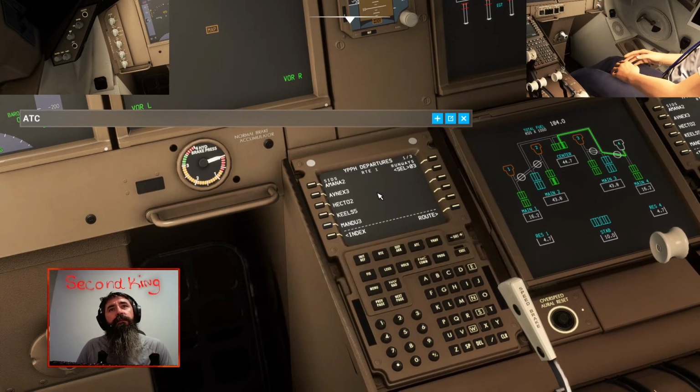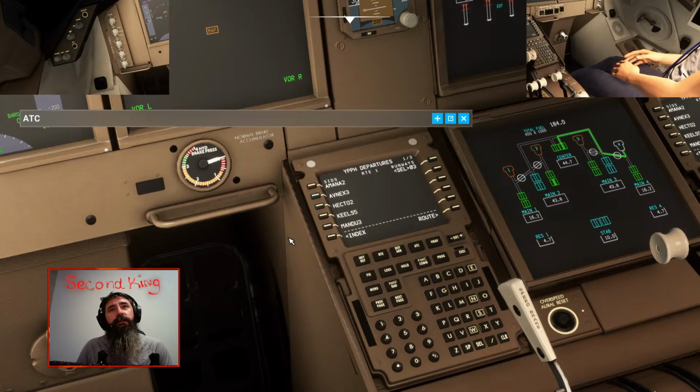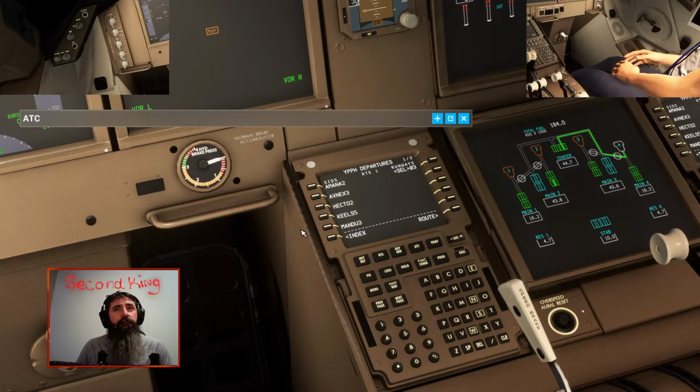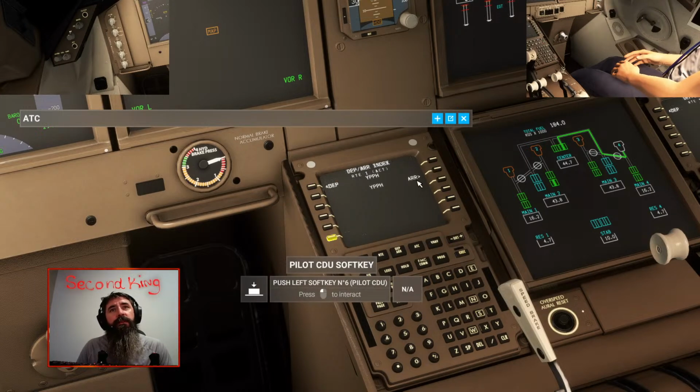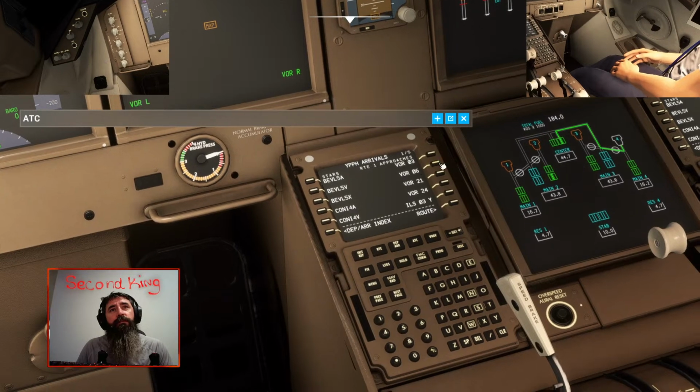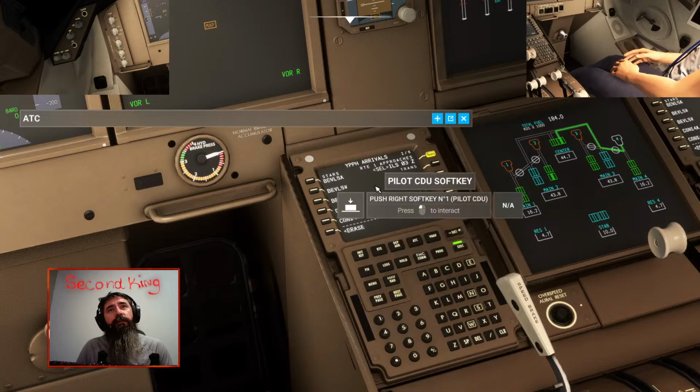So that's departures. We'll go back. The departures we're doing 03. Just go that. Index. Arrival. We'll go ILS Z. Where's the next page there? 03.